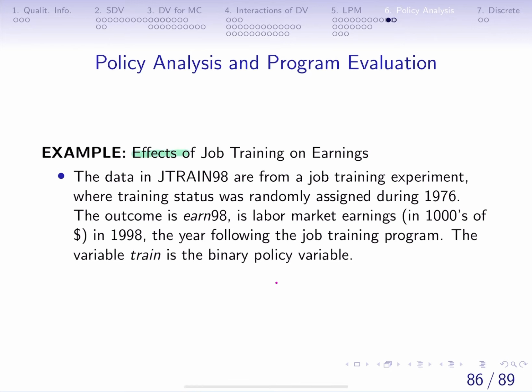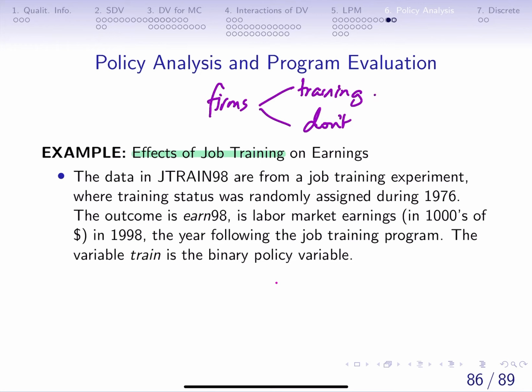So the example that we'll take is based on a study where they were interested in looking at the effects of job training, whether firms participate. So there are some firms, some participate in the training and some don't. And looking at the effect of training on earnings in the next year. So this was just a job training experiment, and JTrain 98 is the data set that